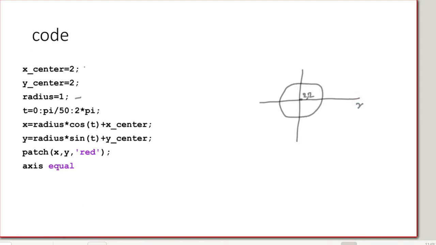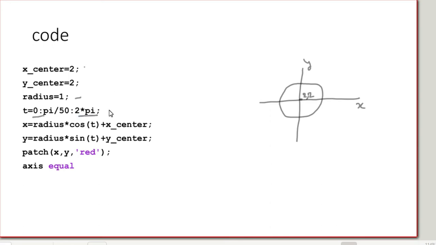This is your x-axis and this is your y-axis, with a center at 2 comma 2. For that we need to take certain points, like an angle from 0 to 2 pi. I have taken the value from 0 to 2 pi with a difference of pi by 50.